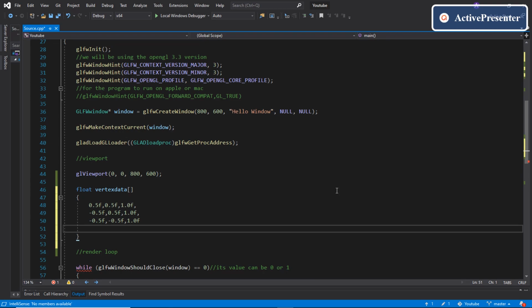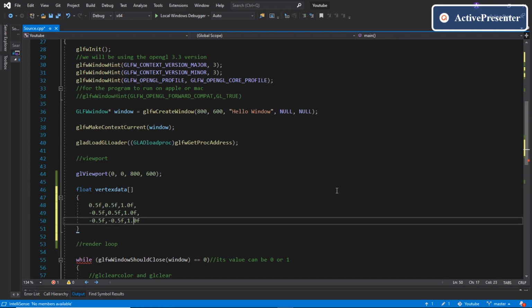Okay. Also, you might have noticed that we are going to render a 2D triangle, and we haven't delved into the 3D aspect of OpenGL that is basically governed by a buffer called the depth buffer. So currently the Z coordinate of these vertices doesn't really matter. You can set its value to anything you want. I have set this value to 1.0f, but that's just trivial.